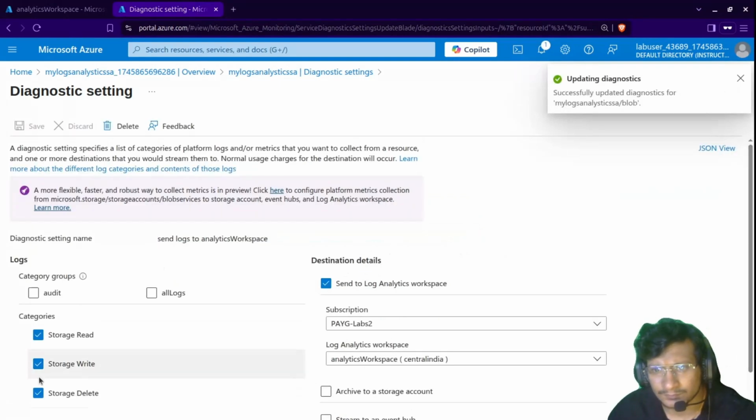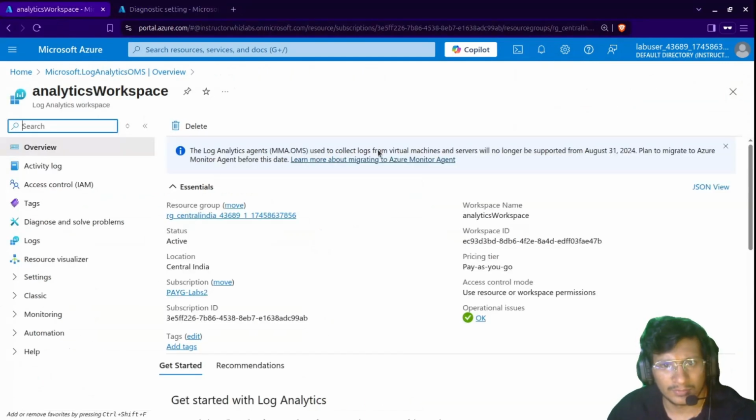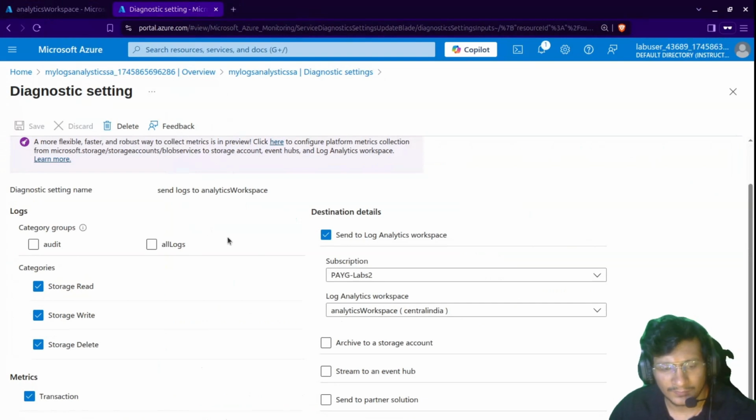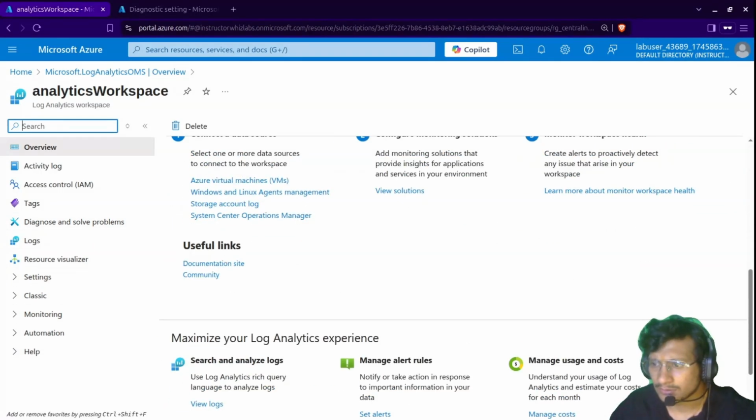Okay. So now if anything is created, deleted, or anything, we can upload it over here. Now we can find the logs in this. Now we need to access the logs. Links storage account to log analytics. We have provided that it will send the logs to the log analytics workspace, but your log analytics workspace should also accept those logs. So what we need to do over here, I think, in log analytics workspace,